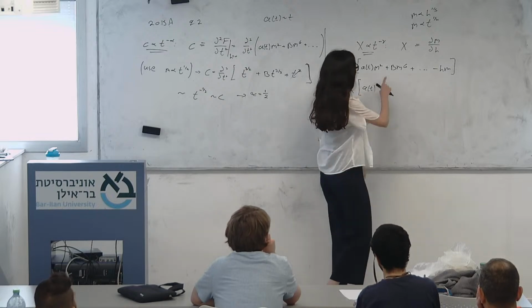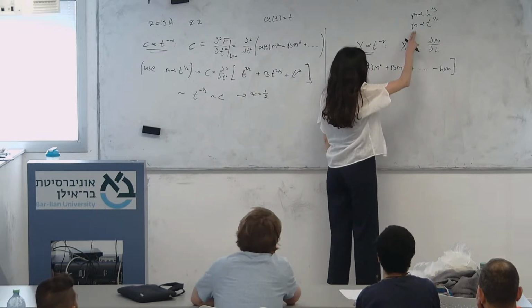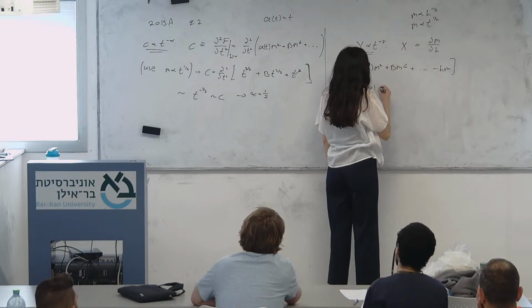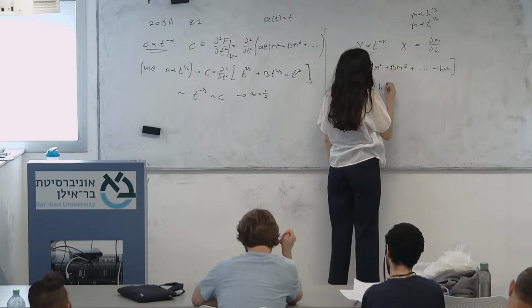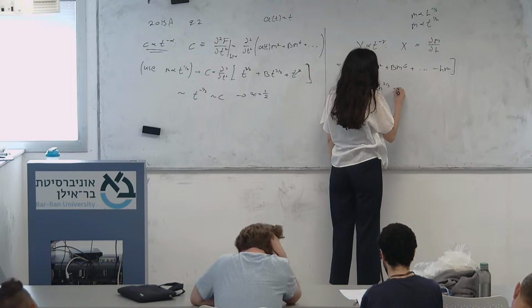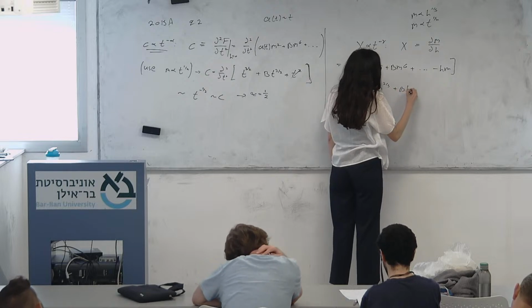Okay, so M goes like H to 1/5, so this is H to 2/5 plus B H to